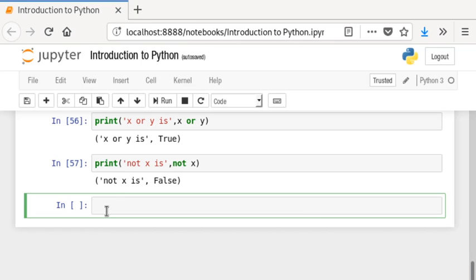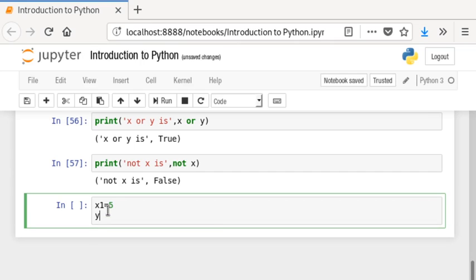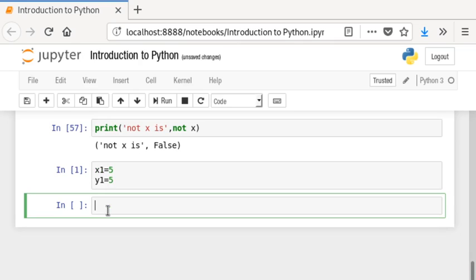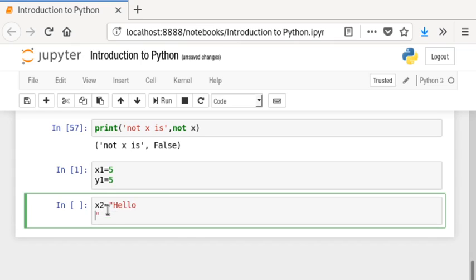So I'm going to declare a variable x1 equal to 5 and y1 equal to 5. Next, x2 equal to a string, hello, and y2 equal to hello.